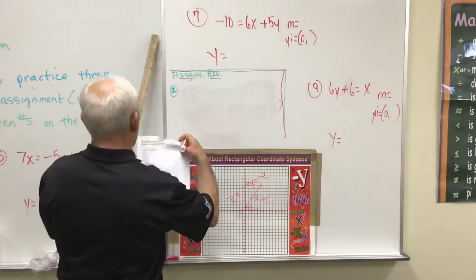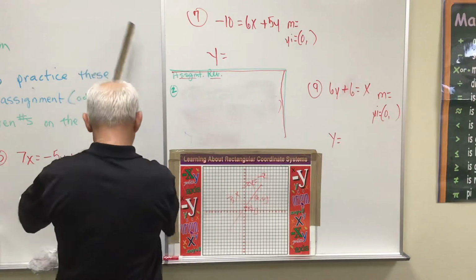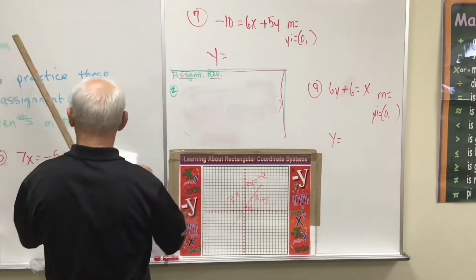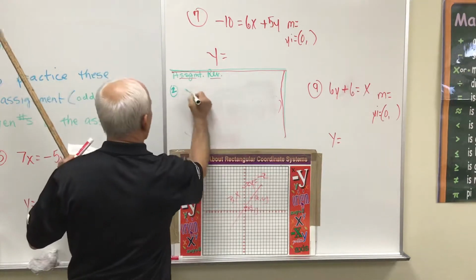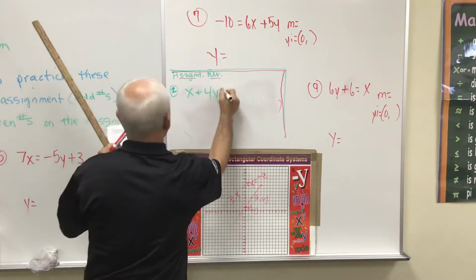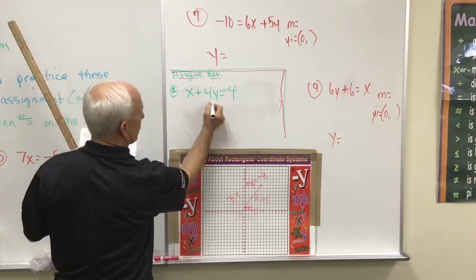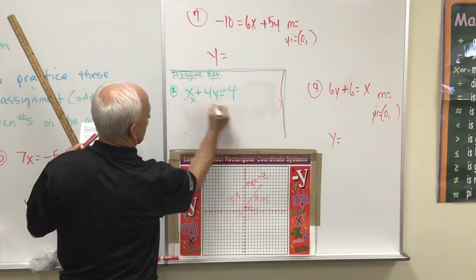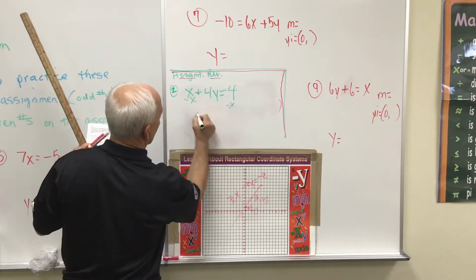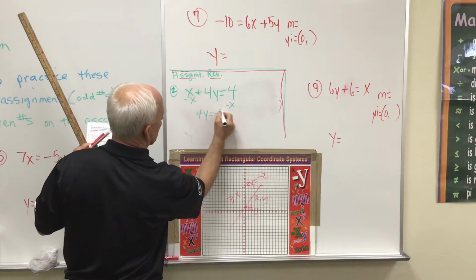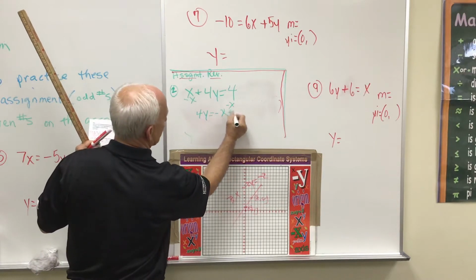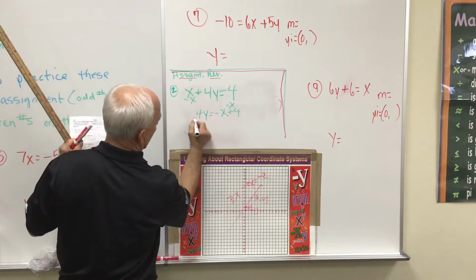3. Number 3, the equation was x plus 4y equals 4. All right, so we want to do our 4y. Get rid of that. Let's put it over there. 4y equals negative x plus 4. All right, now we're going to divide both